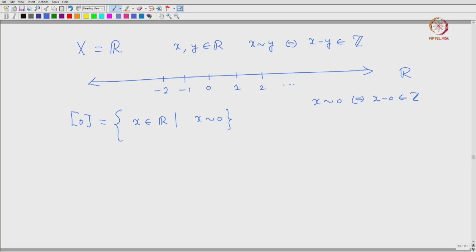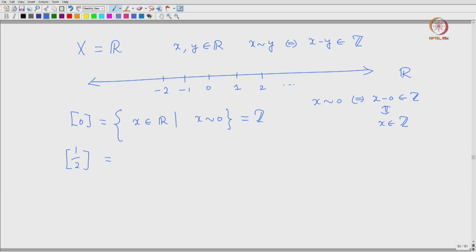So, that simply says that x is supposed to be an element of the integers. So, that means this is exactly the set of integers that we are getting. So, the equivalence class associated with 0 is exactly the set of integers. Now, similarly, if we are looking at this 1 by 2,